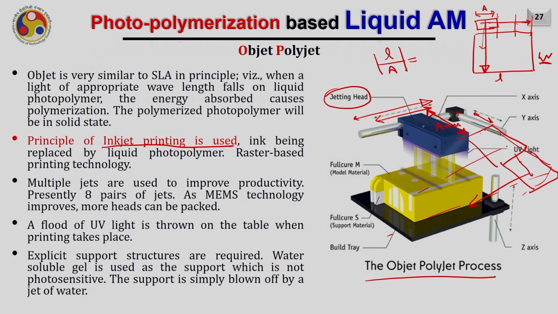In a typical head, there are nozzles through which two types of material can fall. The one you are seeing in the yellow color is the main material, and the same nozzles can also inject the support material. At each level you can see here a curtain of material falling from the head. If a support material is required, you can see the white color material coming, and if main material is required, you can see the yellow material coming. Then it spreads the layer entirely on the bed.